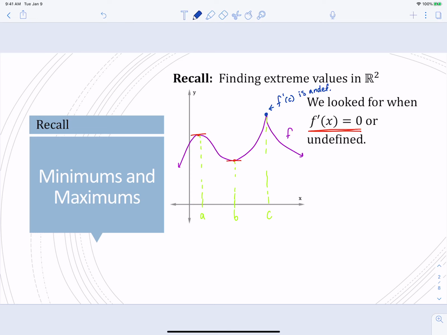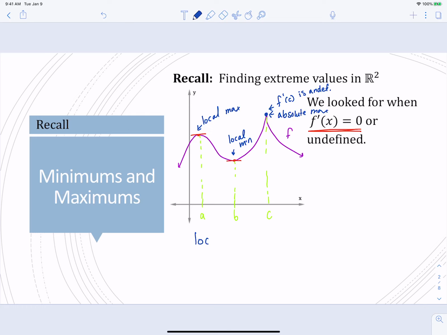Right? Anytime we've got a node or a corner, a cusp, that's the word I was looking for, those fancy math words. So anytime we take that sharp corner on our function, we've got a place where we could have a possible min or a max. And we can classify these like A is a local max, B is a local min, and C would be our absolute